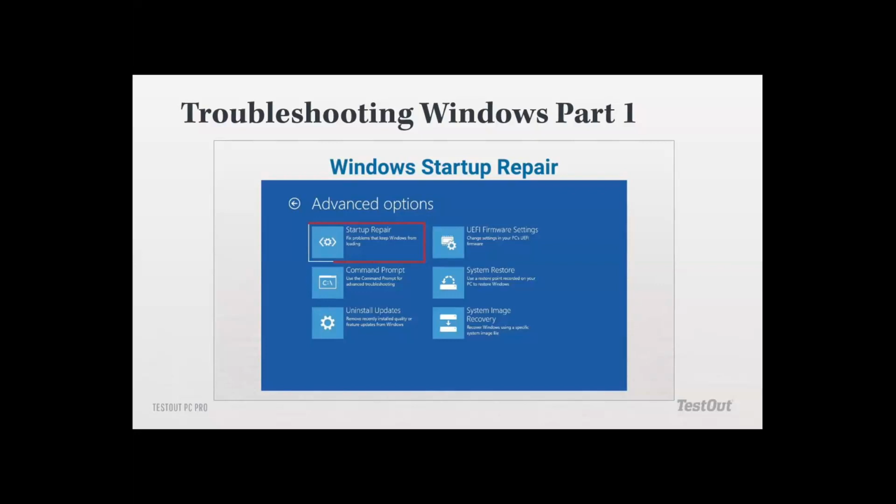Okay, so once we log into the troubleshooting interface, the first option is startup repair. Now, let's say for some reason your PC is not